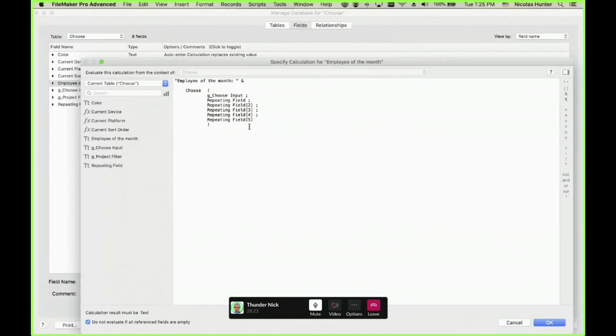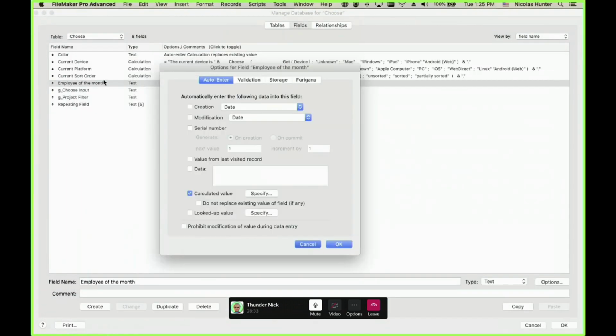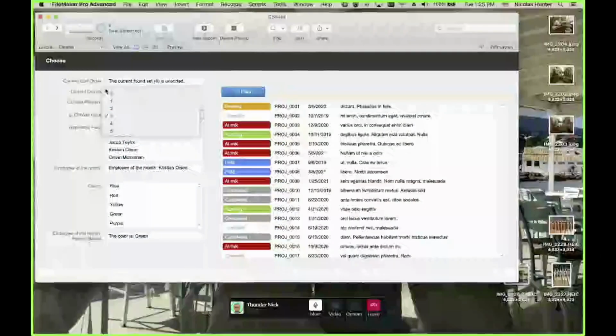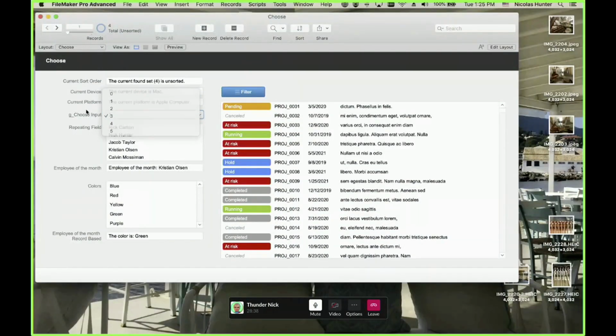You can call the repetition of the repeating field, and say, when the choose is 0, I want this repeating field. The input here can be any kind of thing, any calculation. I put it manually editable here, but it can be whatever you want. If it's 0, it's Rick Carlton. If it's 1, it's Nick Hunter. If it's 2, 3, 4, and so on. There's no 5 because this starts at 0.